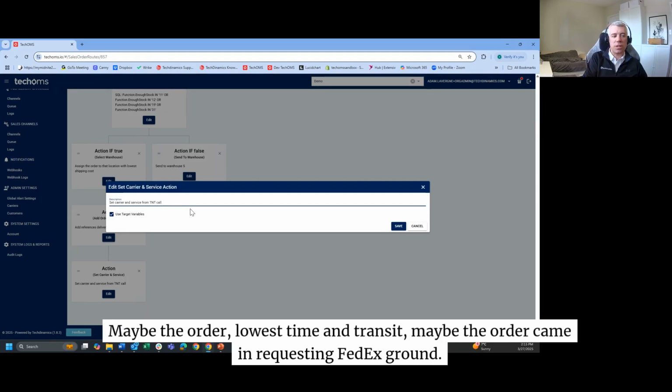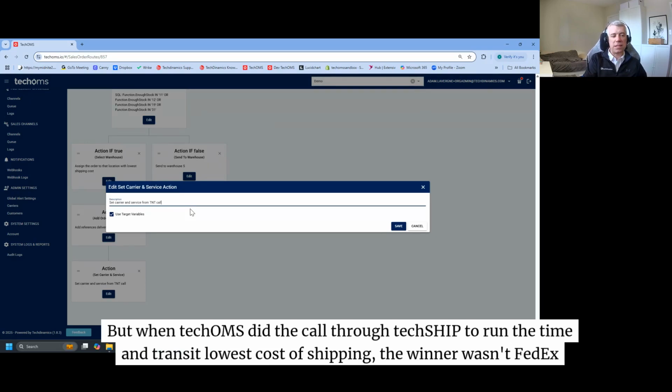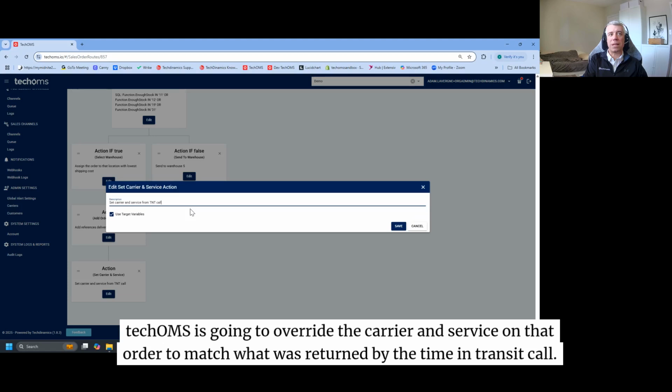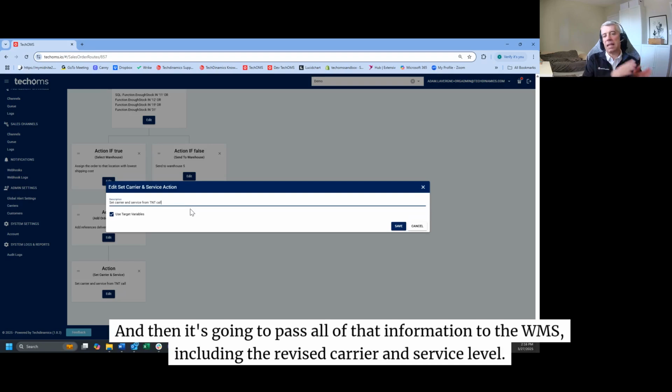Maybe the order, lowest time in transit, maybe the order came in requesting FedEx Ground, but when techOMS did the call through TechShift to run the time in transit lowest cost of shipping, the winner wasn't FedEx Ground. Maybe the winner was Tusk Logistics, or maybe the winner was LaserShip, or maybe the cheapest rate returned was UPS Ground. techOMS is going to override the carrier and service on that order to match what was returned by the time in transit call. And then it's going to pass all of that information to the WMS, including the revised carrier